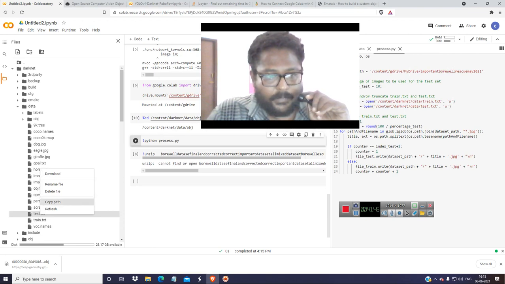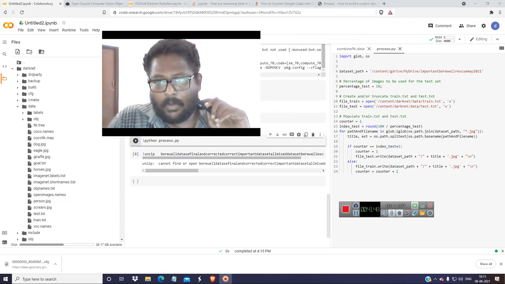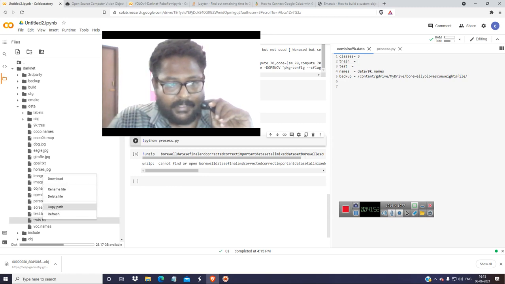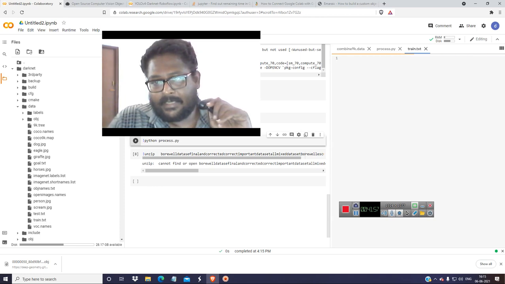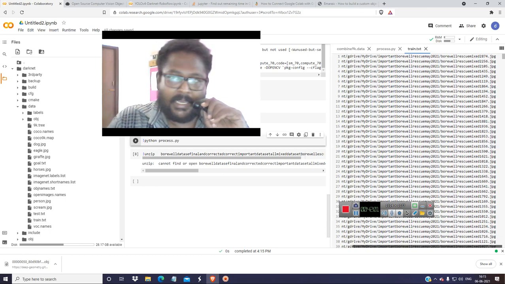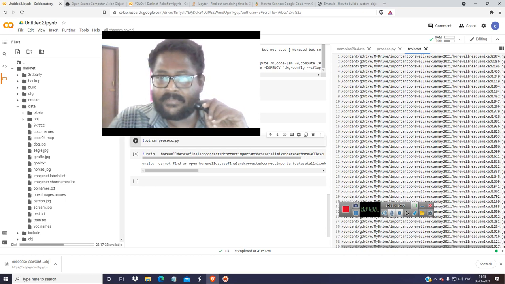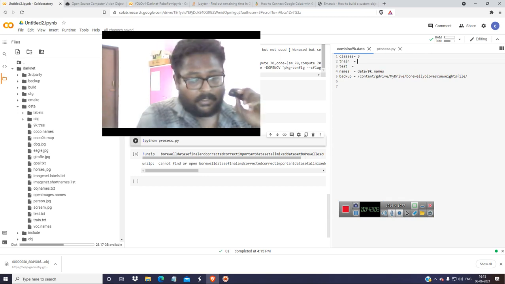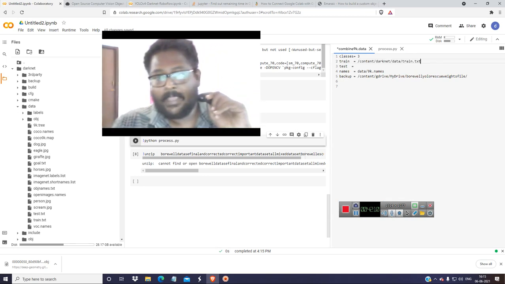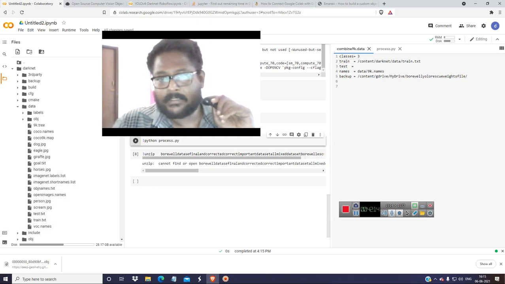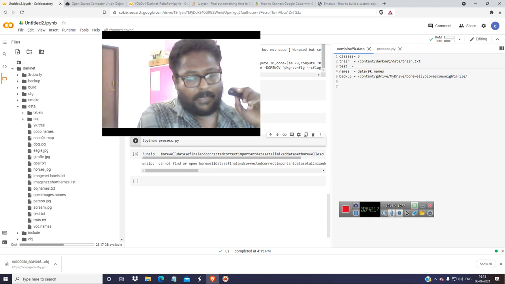So copy this path and get over here. So the first one would be test. Okay, copy the path and check the path is correct or not. Okay, everything is correct. It is being directed to the data set, where the data set is with the 3000 images. Okay, so now you have to paste this on the train. And the other thing would be for the test. So just copy this path and paste it over here.